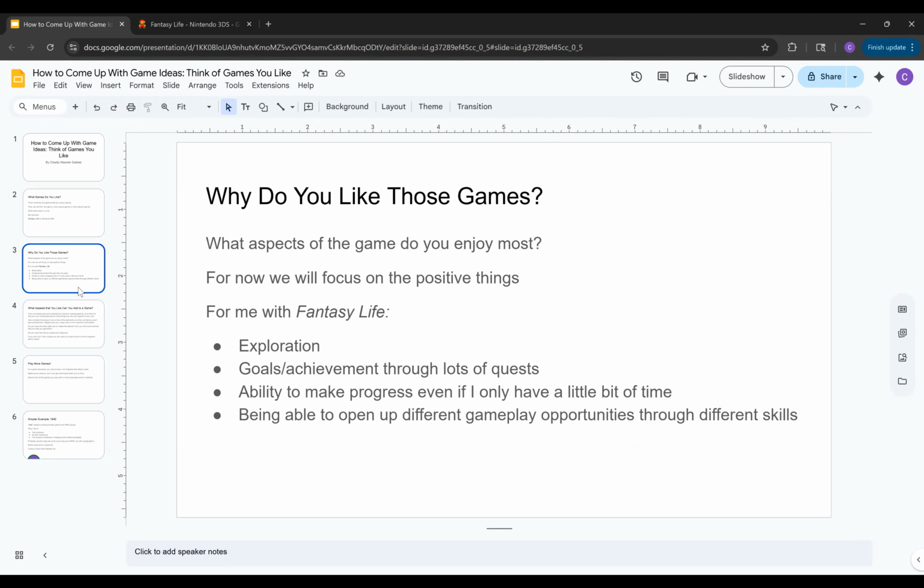I know I definitely am, and I don't always have as much time to sit down and game as I would like. So I feel like, especially when you go back and look at the quests and the goals, where, all right, if I have to beat 5 evil radishes, depending on how rare those radishes are, I can knock that out pretty quickly and make some kind of progress in the game, right? Without having to take a whole lot of time. And then a lot of times, if you stack up a lot of those quests, you can make a lot of progress with even just 30 minutes of game time, right?